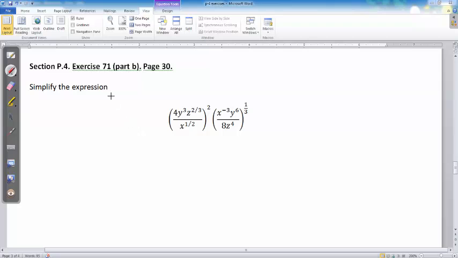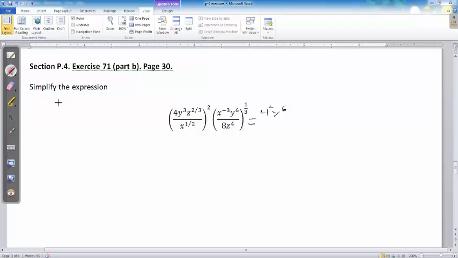Moving on. This is exercise 71 part B from page 30. Along the same line, it's just a little bit more complicated. First thing we want to do, order of operations. If we can do anything inside the parentheses, certainly we should, but I don't really see anything. There's no common variables that I could reduce between. So it looks like I'm going to have to apply these exponents first. So the exponents will distribute through, as they do. So 4 to the 2, y to the 6th,